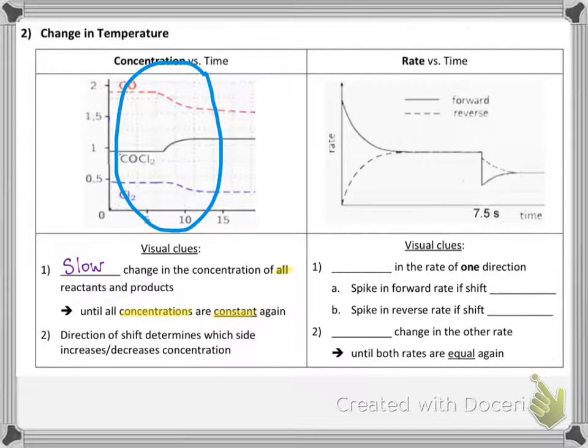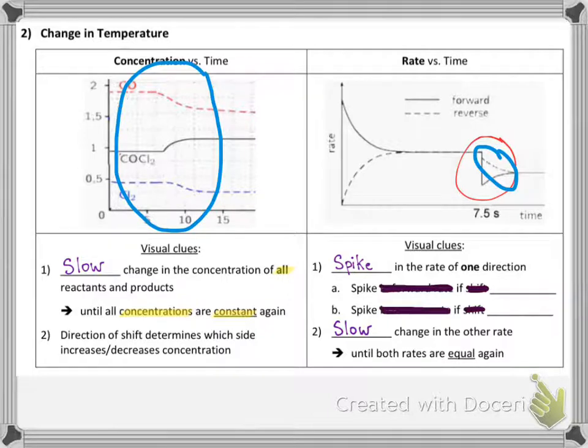You can see a temperature change on a rate graph as well. Although this one, honestly, pretty much looks about the same as decreasing the concentration of something, because in the rate versus time graph, it's still a sudden spike in one of the directions. So in this case, you have a spike down in one of the rates and then a slow change in the other rate. Okay, this is another one that we're going to edit, because if you increase the temperature, remember